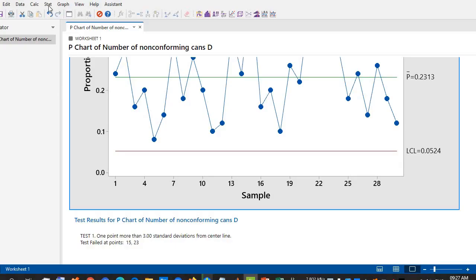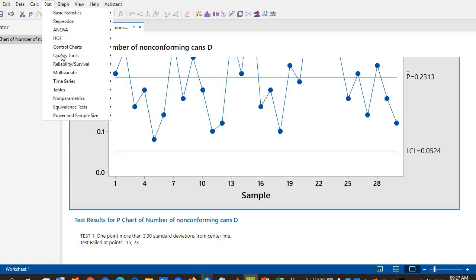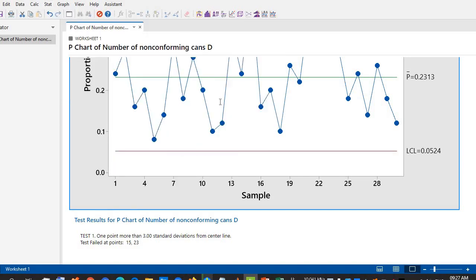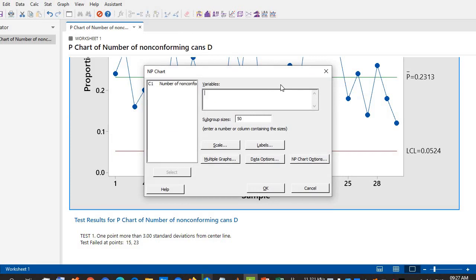Now we are going to prepare the NP chart. Go to Control Charts, Attribute Control Charts, and select the NP chart. Here also, first you have to select the variable, number of non-conforming cans, then the subgroup size 50 is given in the question, and simply click OK.